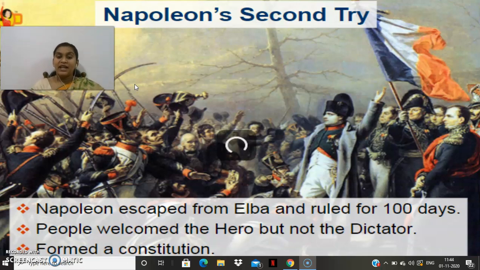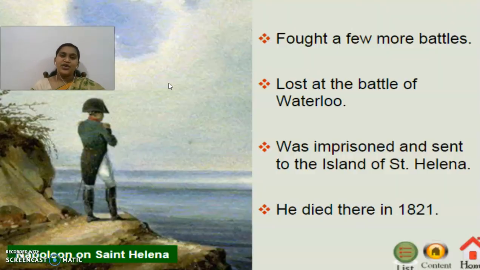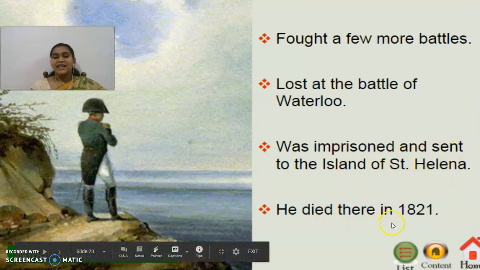In the beginning only I told you, he was a dictator, he was a monarch. So coming to the monarch, what happens? They will not be very favorable to the society and the constitution. So they started to frame the constitutions. So later he fought a few more battles, lost the Battle of Waterloo, was imprisoned and sent to the island of St. Helena. He died in the year of